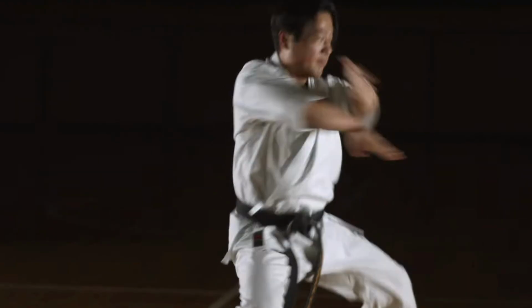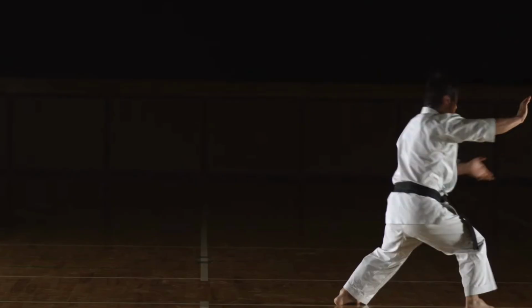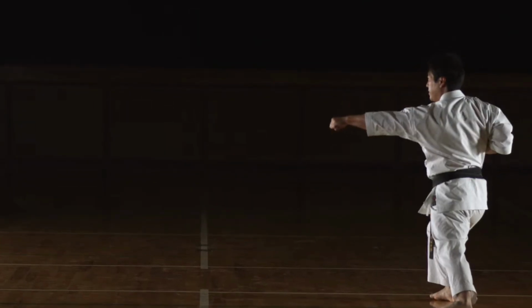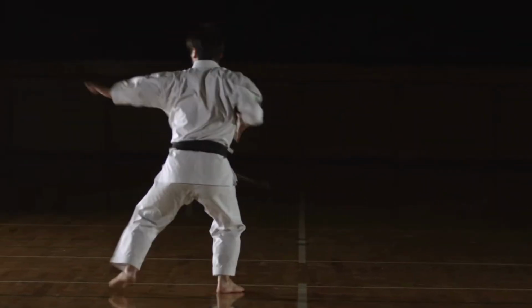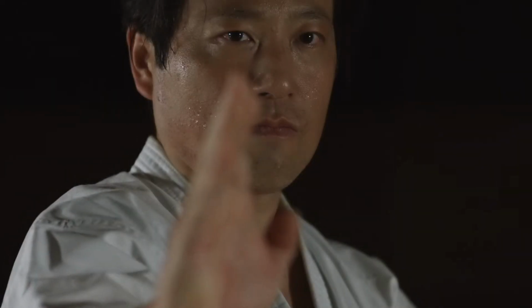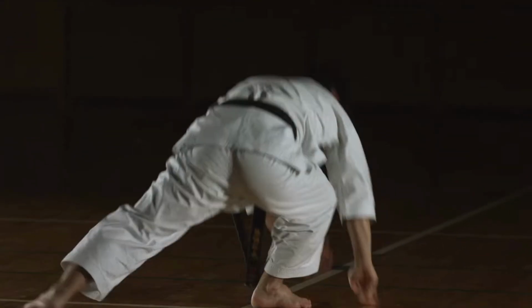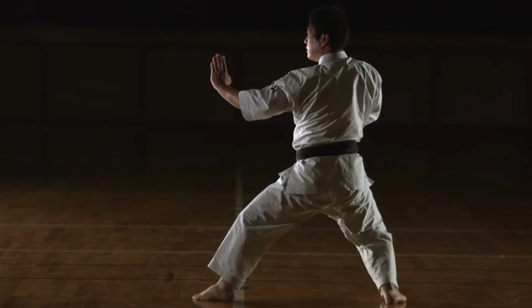Genseiryu karate incorporates circular movements and relaxed techniques, utilizing the principles of softness and redirection. This combines traditional karate techniques with unique movements inspired by ancient Okinawan martial arts and Chinese influences, known for dynamic stances, swift footwork, and intricate kata. What I find so interesting with this karate style is that it is the precursor to Taido karate itself. The more you know. It's quite amazing to me just how much karate in general has evolved over